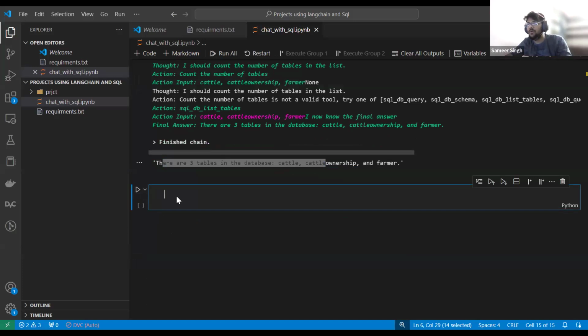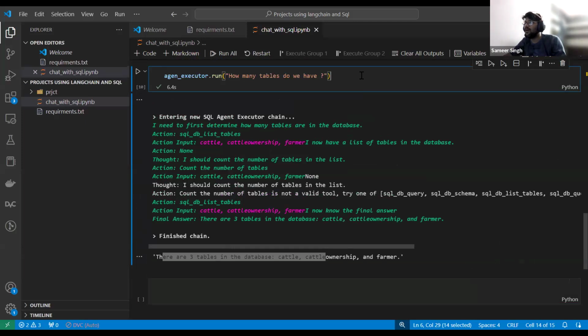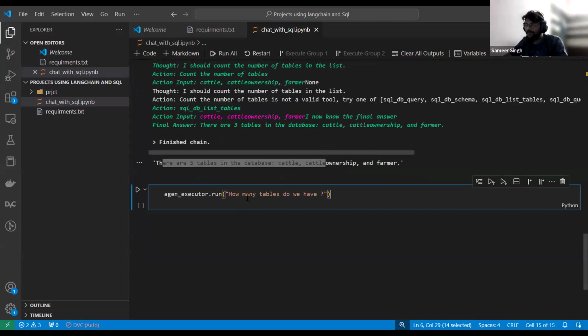Okay. So what I am going to ask is how many rows do we have in the cattle table, right?